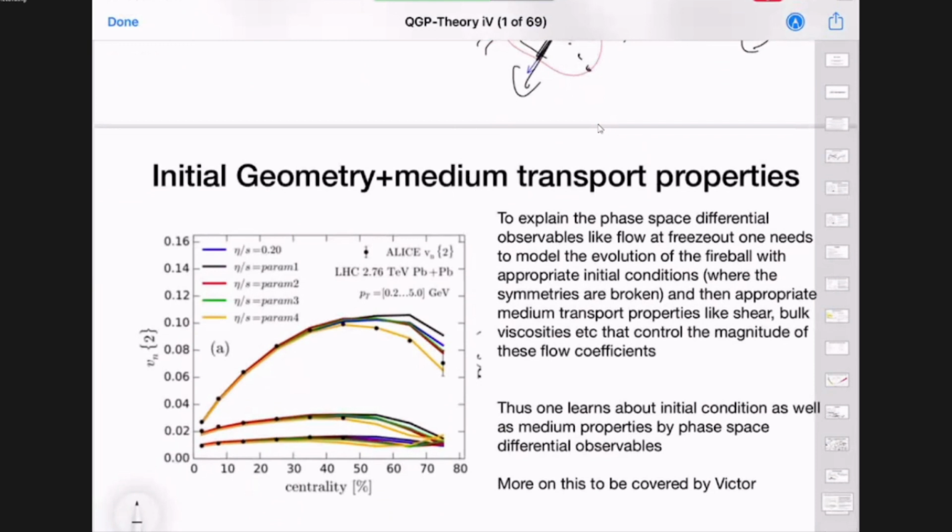Exactly, now coming to the point which Devashish raised. That is the initial geometry, but that is not all. In this course, of course, we are not getting into the hydrodynamics, which is a model to evolve these kinds of initial conditions to the freeze out. What you will see is that typically in an evolution model, if it is a hydrodynamic kind of model, then in terms of these transport coefficients like shear and bulk viscosities,